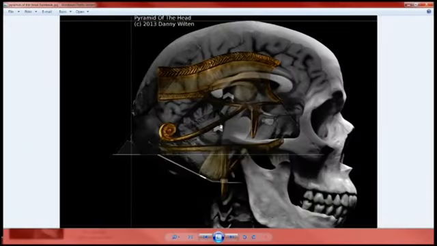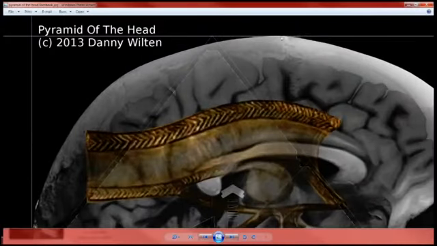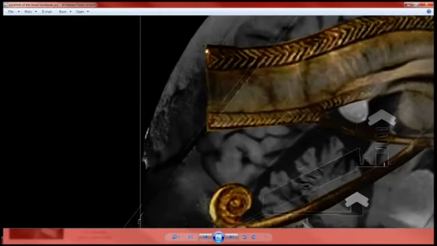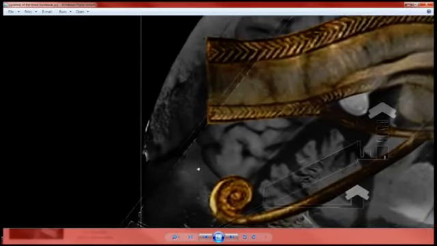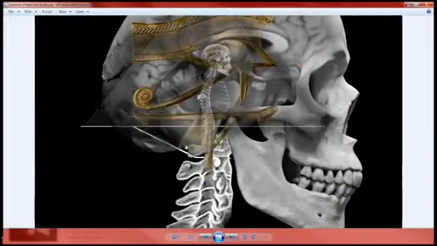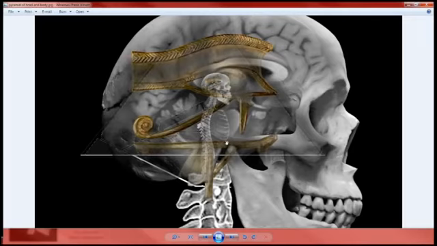So with that logic in mind, we'll just go ahead and put the skull in there, and you're going to notice that one of the things I've done here is you can see the line going across the top of the pyramid there. You can also see that these end right at the end of the brain, with the pineal gland, and you'll notice the stem coming off of the Eye of Ra also follows the Grand Gallery as well. So following their logic, this is pretty close to what you're going to see right here as far as the person being inside the larger head. You notice that everything is